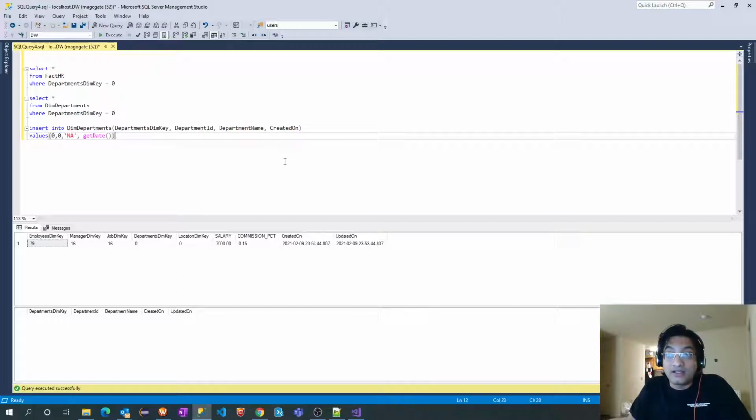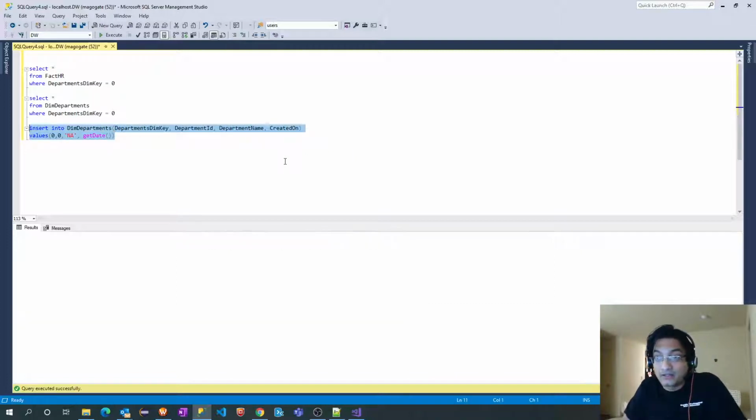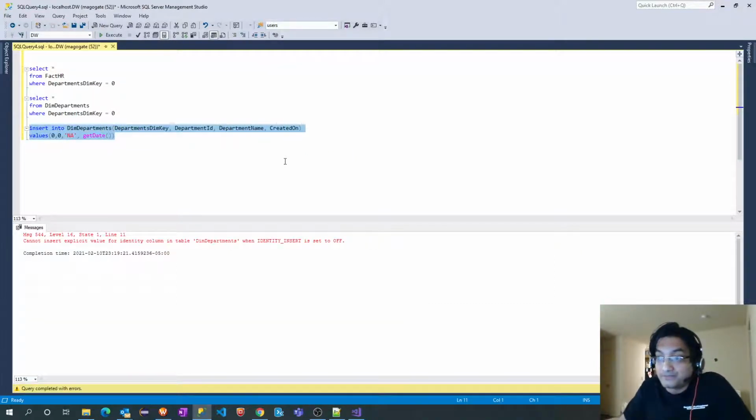Now if I run this, it will still fail. Why did it fail? What it says is that an explicit value for the identity column cannot be inserted. We are trying to insert 0 explicitly when the column department dim key in dim departments is defined as identity. So how can we do that?